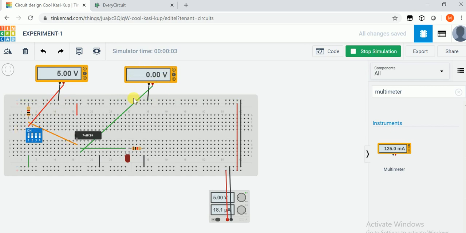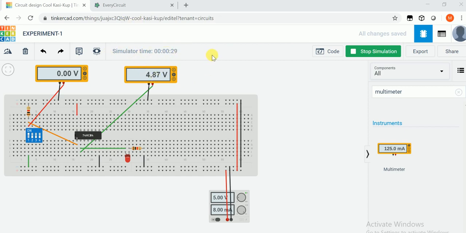Okay, and the output voltage is 0. Now change the switch position by clicking on the switch. Now this is 0 and the output voltage is not 5 volt, that is 4.87 volt. This is because of the logic system here. What logic family we are using to implement these ICs. Okay, this is the 4.87 volt.